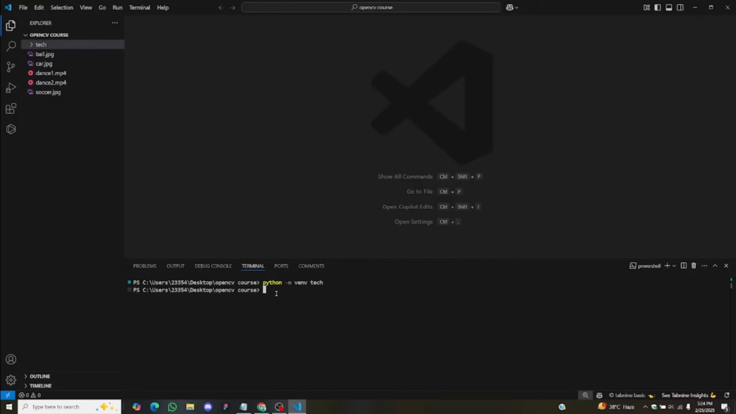After creating a virtual environment, you have to activate it, and activating it is very easy. Type tech\Scripts\activate, and then hit enter, and this is going to activate your virtual environment. One thing to know is that when your virtual environment is activated, you will see the name of your virtual environment in parentheses here, in this particular color. So now that we know our virtual environment is created and activated, I'll clear the terminal and we'll go ahead